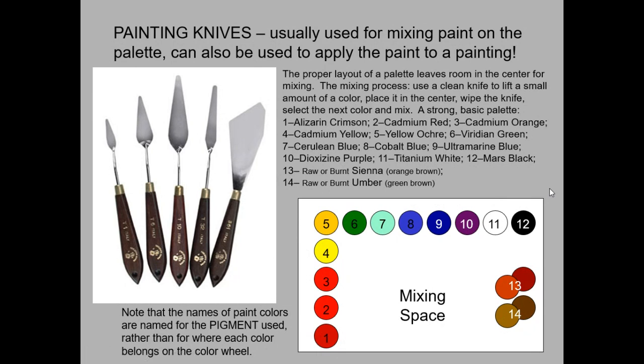Our reds include a purplish red known as alizarin crimson, a more pure red like you expect to see in a box of crayons, cadmium red, to cadmium orange, cadmium yellow. Yellow ochre is usually a little darker, browner, a little more natural looking than bright yellow. Viridian green is kind of dark emerald green,